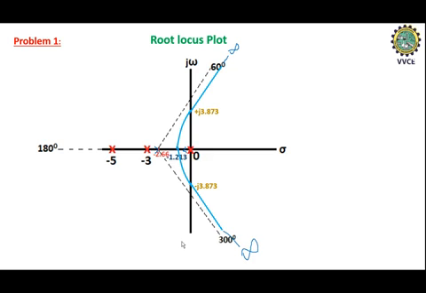And another branch is what? This one, in the 180 degree direction. So this pole is the starting point and the ending point is infinity. As we know, the number of asymptotes is P minus Z, that is 3 minus 0. 3 infinite branches will be obtained in this problem. One is this, another one is this, and the third one is this. We have got 3 infinite branches or asymptotes. So this is the complete plot of the root locus.